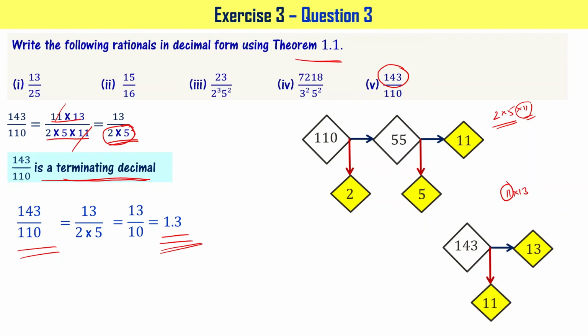First, we are looking at the denominator, whether it can be expressed in the form of 2 power n times 5 power m or not. If it is, then we go straight away and express the given ratio in the decimal form. If not, then we look at the numerator also and see whether the prime factors are such that we can cancel some of the excess terms or all the excess terms apart from what you have here, 2 power n times 5 power m, right?